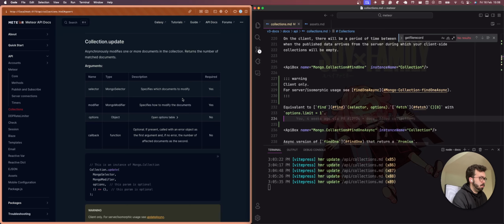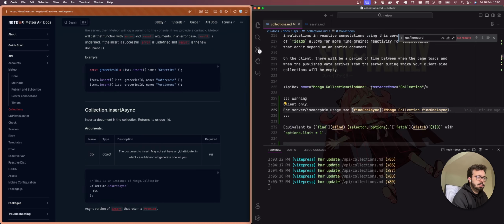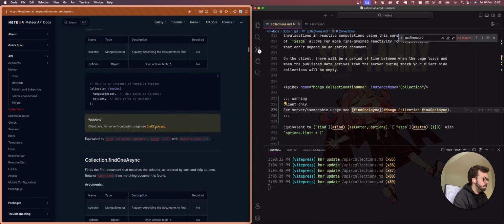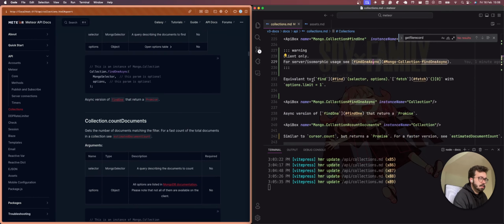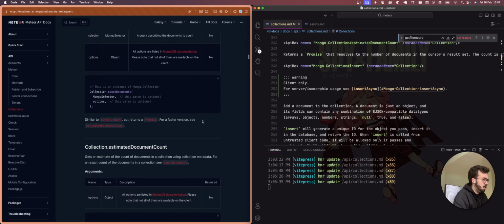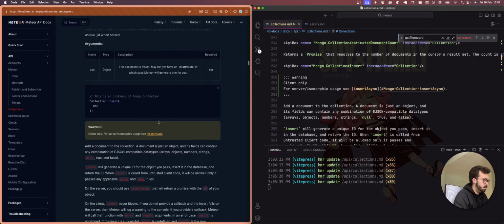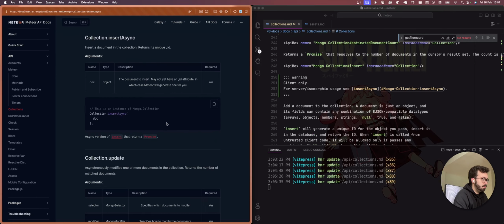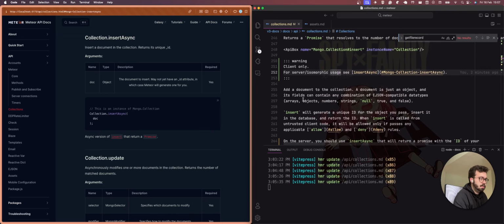Well, let's continue. So find one, call documents, insert. Then I say about insert async.